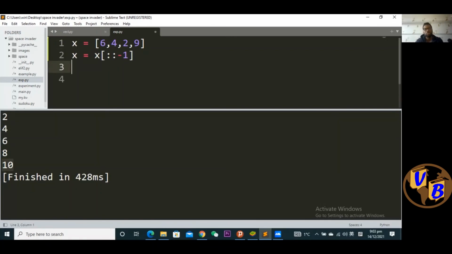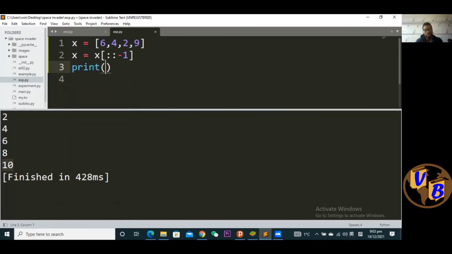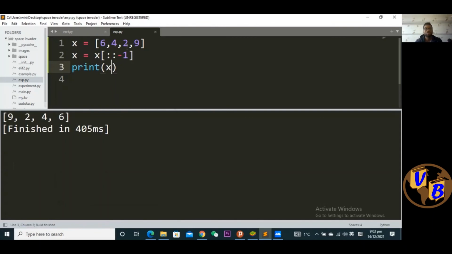All right, so we will see that if I print this out, I want to print the x. If I save and run this, you see down here I get a reversed list. Now it's starting from 9, 2, 4, 6. So from this list, what we want to do is we want to print